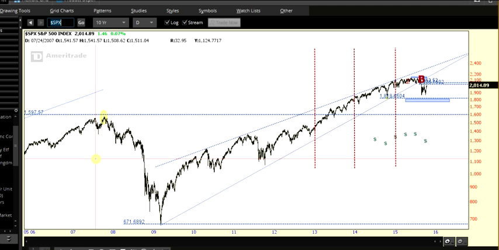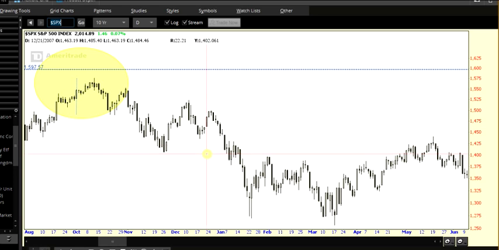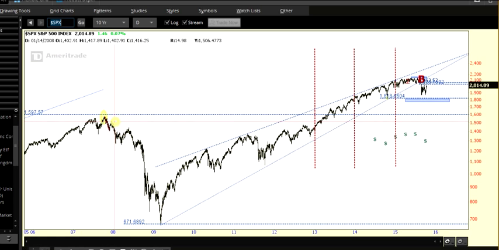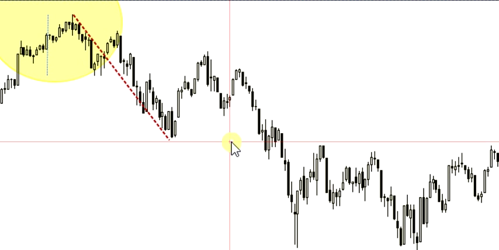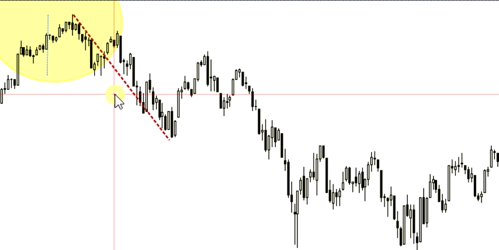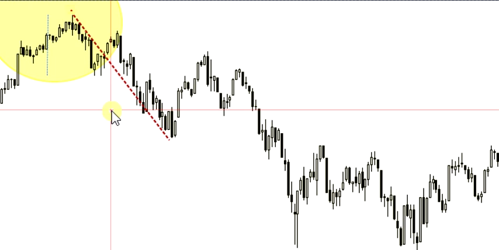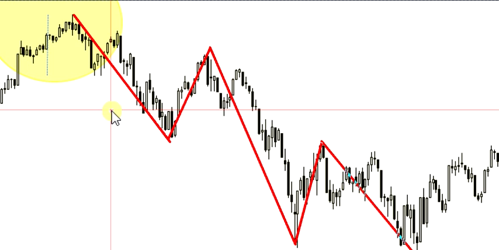Where was I? Right here. So you can see here, maybe this is 1, this is 2, whoops. I really like my other drawing tool better, but I have to zoom in, and I've got so much price action here, it's hard to zoom in on all of it. But you can see here we got 1, 2, 3, 4, 5. Okay, and then if you go over here a little further,